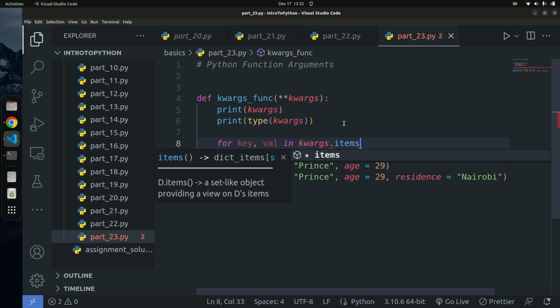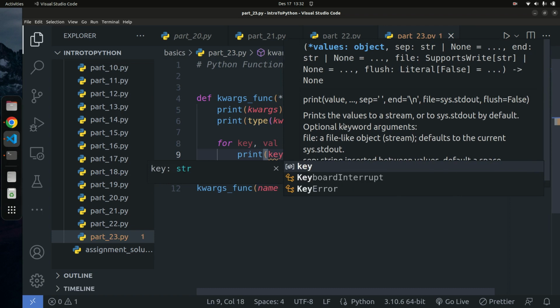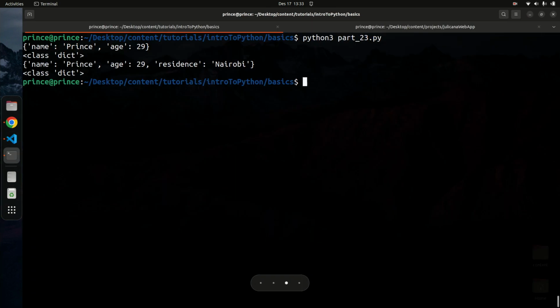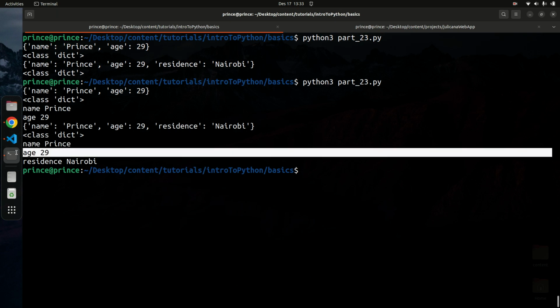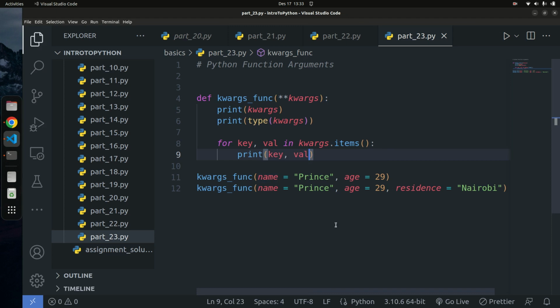So we're going to go ahead and print the key, comma, the value, just like that. Not the value, but val. Once we do that, I run the code again. We get back the name, it prints the age 29, and then finally we have name, it prints again age 29, and then finally the residence. So that's basically it, how you can work with keyword arguments, arbitrary arguments in Python, and